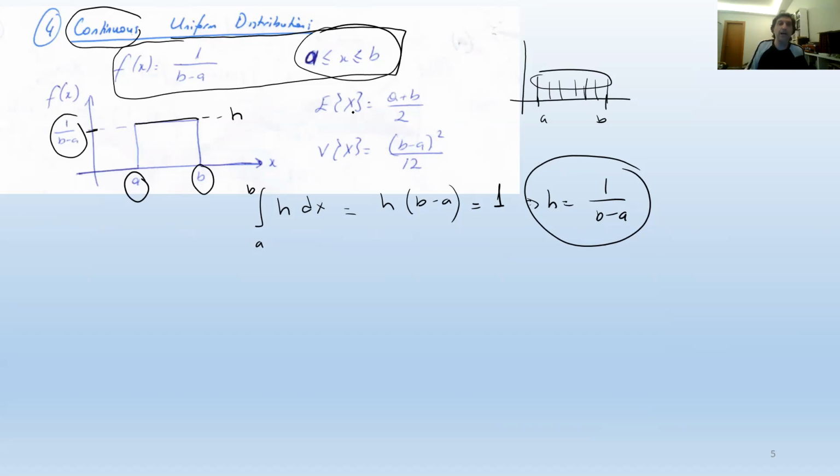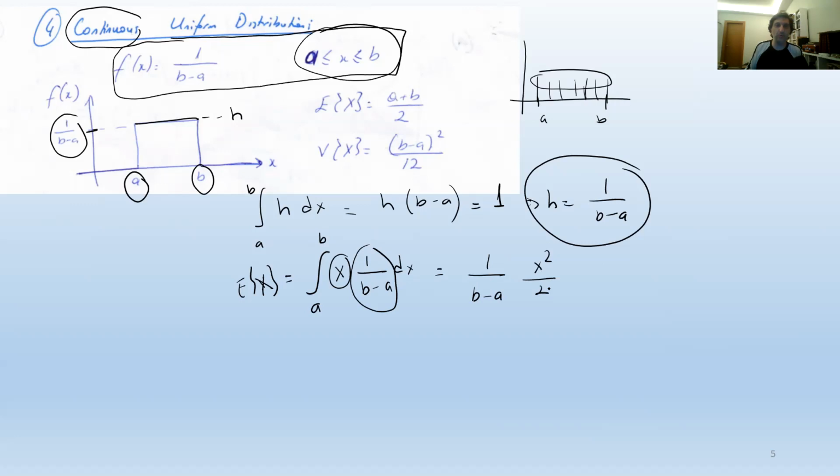All right, so the expected value for this case, without proof, but let me just show you how this is done, and do it as an exercise. I won't even show you this as a bonus video. It's just putting these values in. So it's going to be x times the probability density, which is 1 over b minus a, a constant, times dx. The expected value of x, between a and b, is the integral of x f(x) dx. And if you do the calculation, it's going to be 1 over b minus a